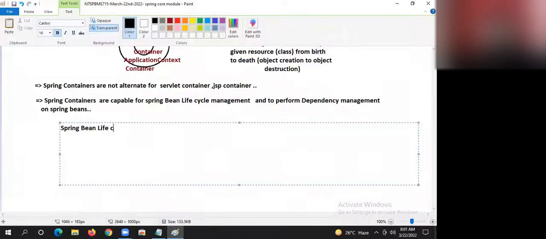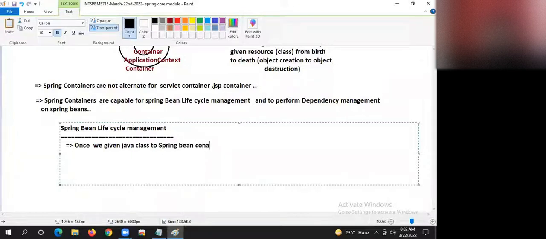Okay, Spring Bean life cycle management. Right. Once we give a Java class to the Spring container as a Spring Bean, or by marking it as a Spring Bean, what is that?